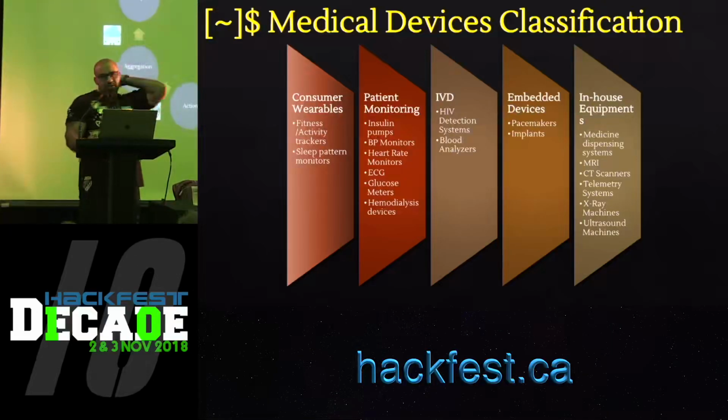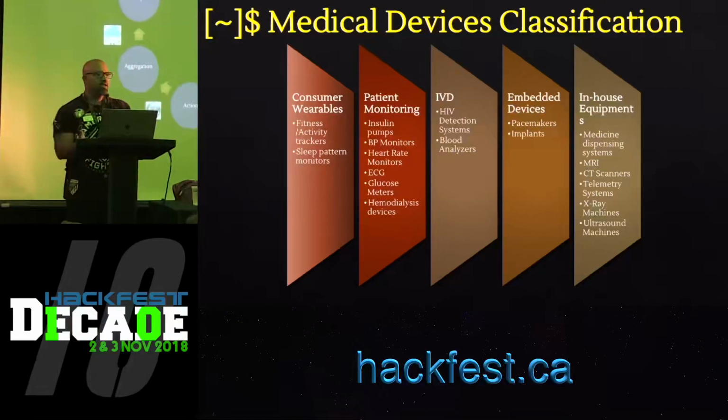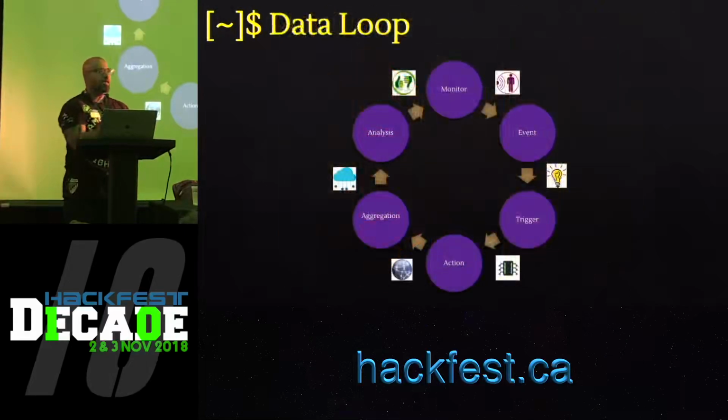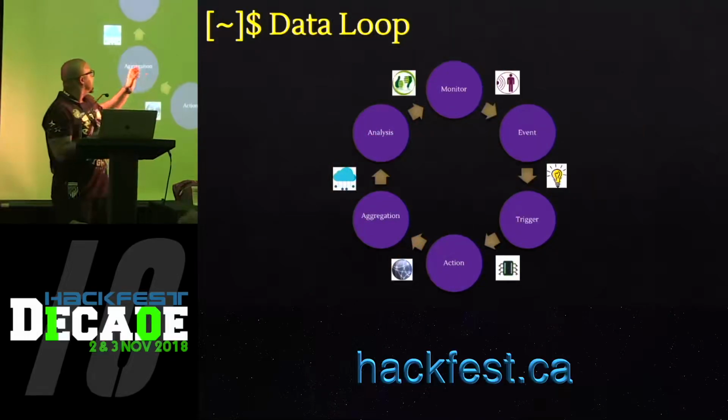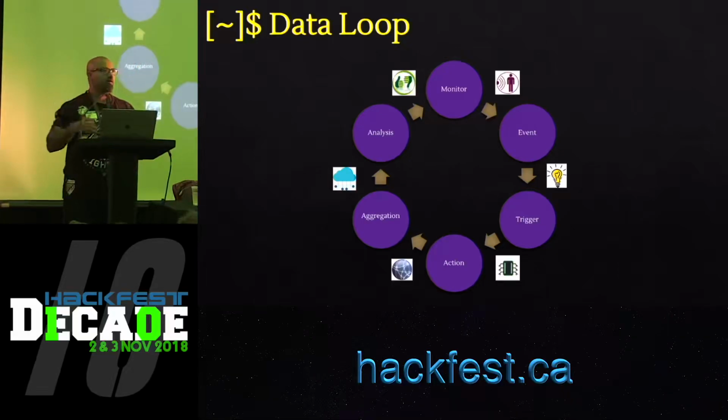So this is what the data loop of a typical connected medical device looks like. The device itself is in constant monitoring mode using a sensor. And then in case it detects an event, it creates a trigger using the onboard chip, which takes an action, and then the data is aggregated and analyzed. I think the part where the data is aggregated and analyzed is going to be the key for connected medical devices, because that data can then be used by device manufacturers and medical practitioners to provide a better experience